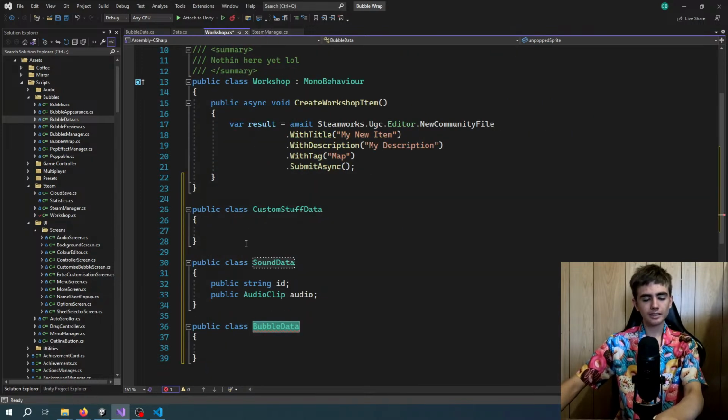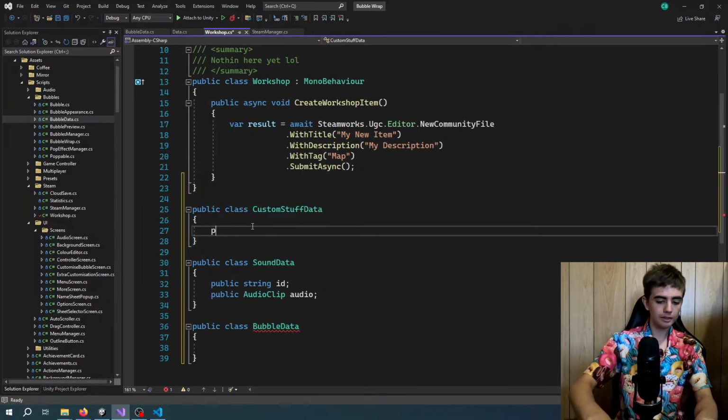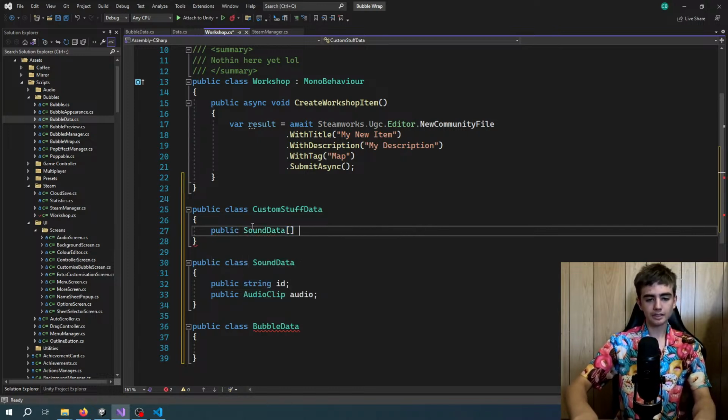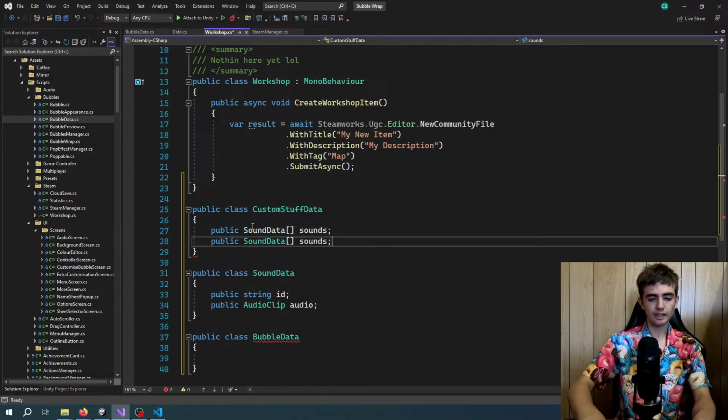So we can have public sound data array sounds, and then a